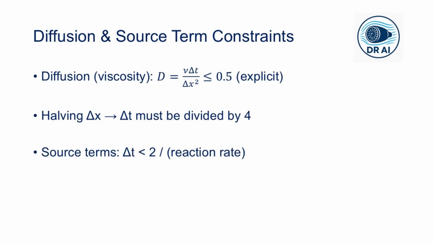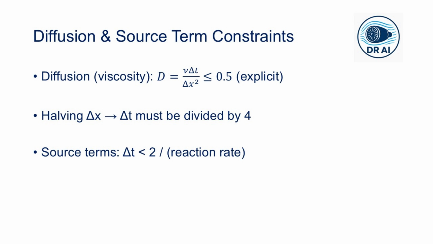The CFL condition is for advection, flow moving, but diffusion, viscosity, imposes its own constraints. Here we can see a particular equation, for the explicit scheme, that d must be less than one half, where nu over here is the kinematic viscosity. This is much more restrictive. Halving delta x means you must divide delta t by 4 to keep d less than or equal to 0.5. Source terms like chemical reactions can also cause instability if delta t is too large relative to the